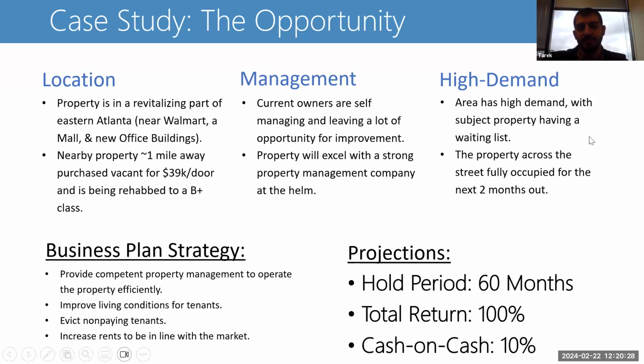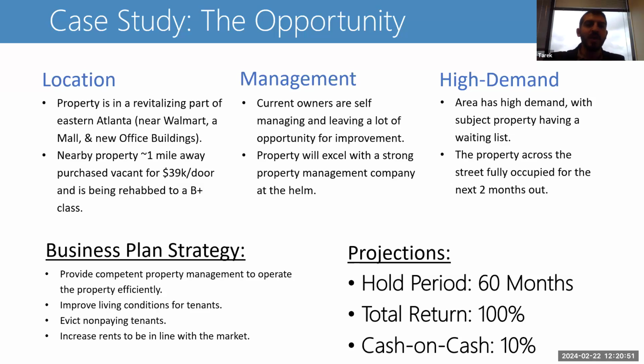And another metric as well for that location was that the property across the street was also fully occupied, and it had a waiting list going on for 2 months in the future. So the whole area was very, very highly demanded, and there was not enough capacity and not enough housing there to satisfy all the need. So our business plan, our strategy, was basically to come in there and provide competent property management